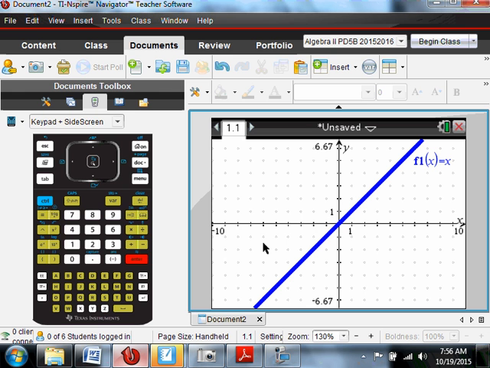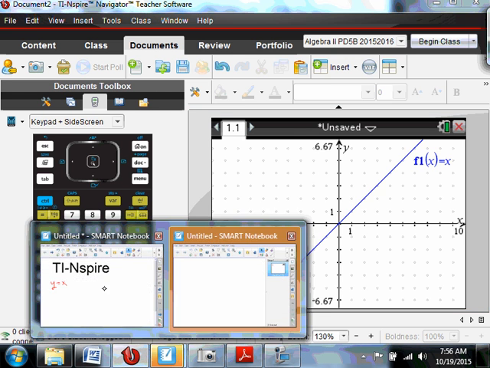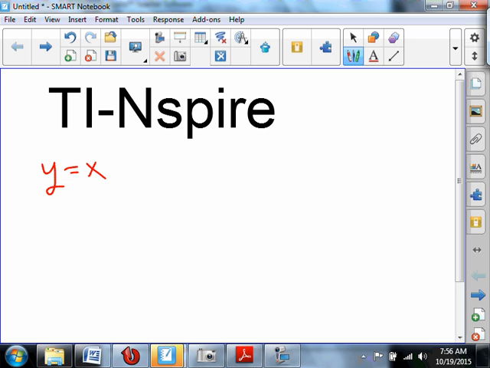Big deal. What's the point? Well, there's a lot of stuff we can find that accompanies a function. Some things that we're going to talk about today are going to be x-intercepts,